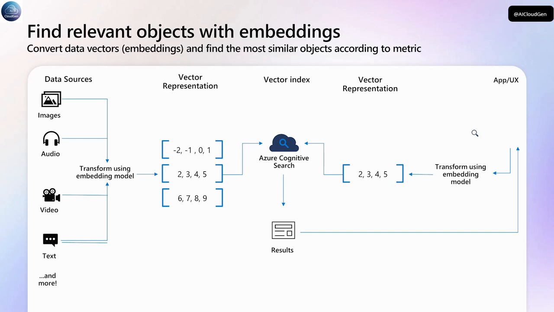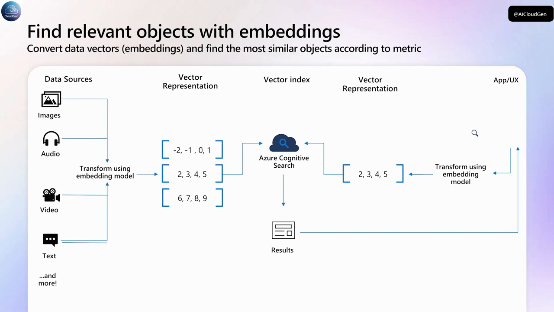Embeddings are nothing but a vector representation of the data, so that the vectors will be close together if they have similar meaning. The numbers will be close together if they have similar meaning, and they will be far apart if they have different meanings. So if you take this example here,